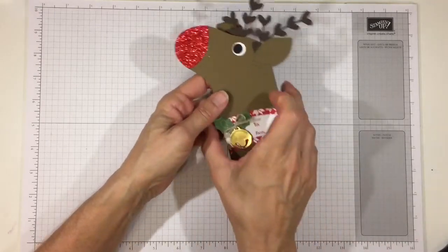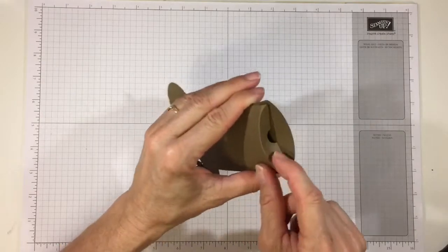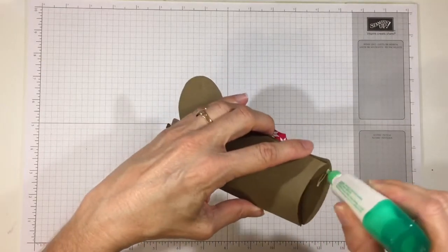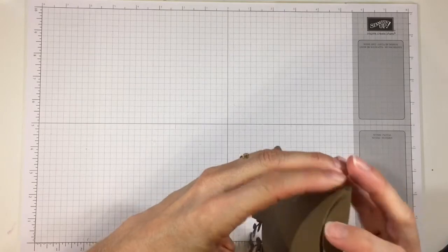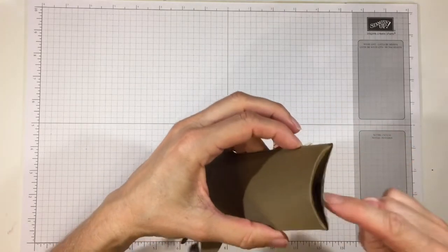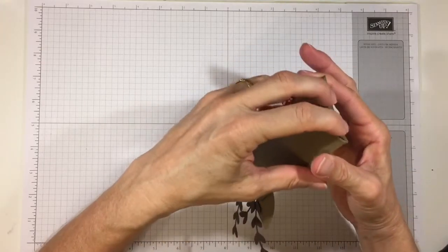All right, so let's glue the bottom of our pillow box together. I put that one down, and then I put some glue on this one. Make sure you don't put glue right where the notch is going to be. And just bend this one over and stick it down. Now, because of the way the pillow box goes, this might not want to touch that one. So what I did was I put my fingers down here,